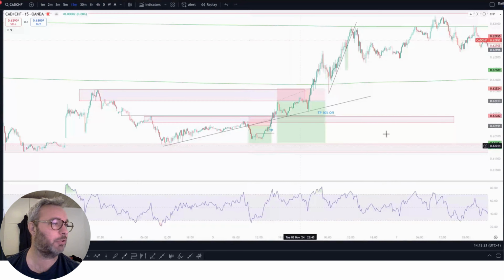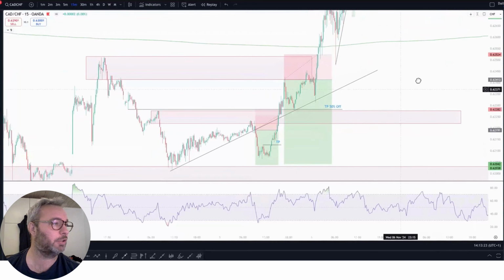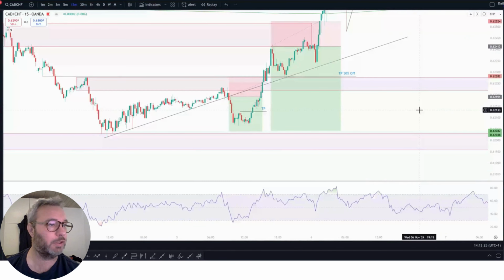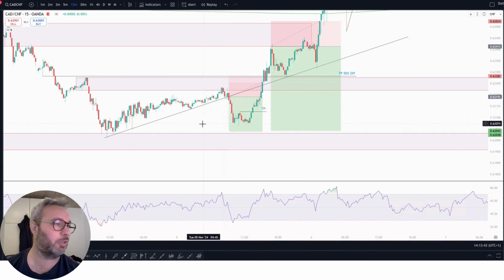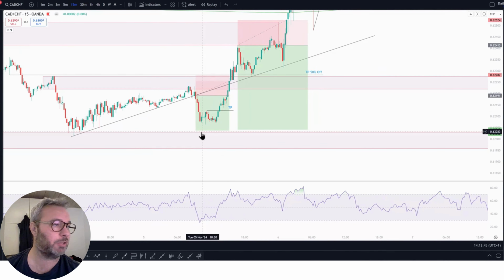My first trade was Tuesday. Let's dive into it. See, price is going up from the day before, Monday, respecting the trend line. And right up here, I have a resistance area. Rejected from the resistance area, see rejection, pull back, rejection, and then break of trend line. And I shorted immediately. My TP was down here. Price didn't come all the way down.